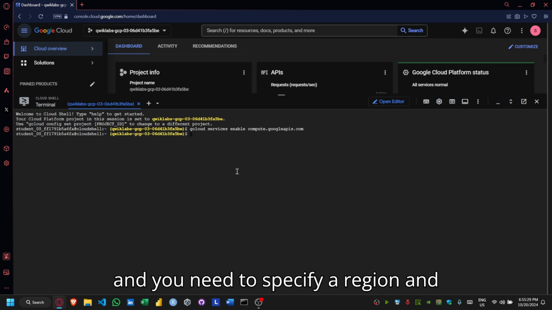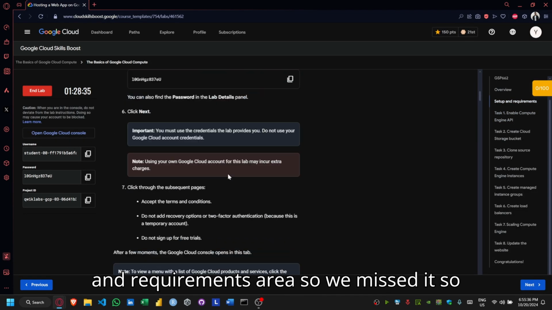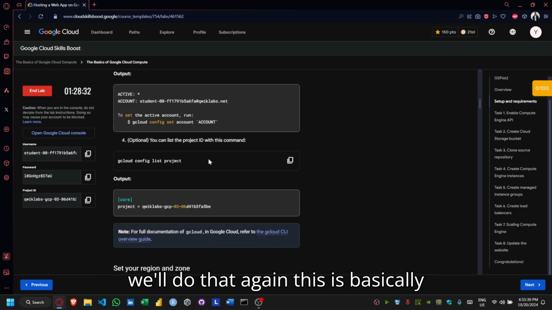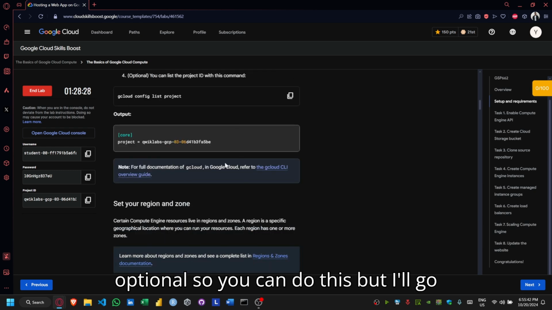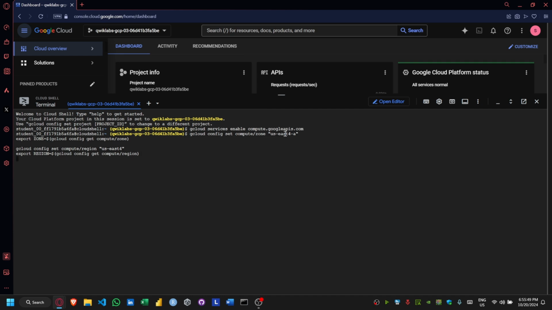And you need to specify a region and zone as well, which is given in the setup and requirements area. So we missed it, so we'll do that again. This is basically optional, so you can skip it, but I'll go with this region part. So follow my steps only. We'll just set the region and zone. Hit enter,